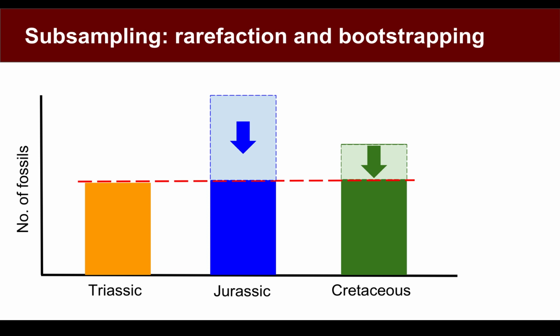The other way is to subsample your data instead, down to the level of whatever your smallest sample is, for example. Tools to do this include things like rarefaction and bootstrapping, but practically what you're doing is removing some of your data from the Jurassic and the Cretaceous to try and create a level playing field. Another name for this would be considering relative diversity, because we're not trying to get to absolute values of diversity. We just want to know which of various samples, in this case time bins, is more or less diverse. So you might ultimately be generating a time series, effectively.